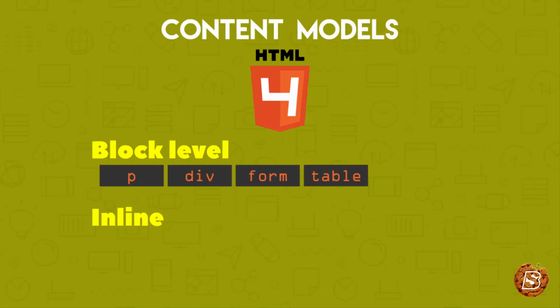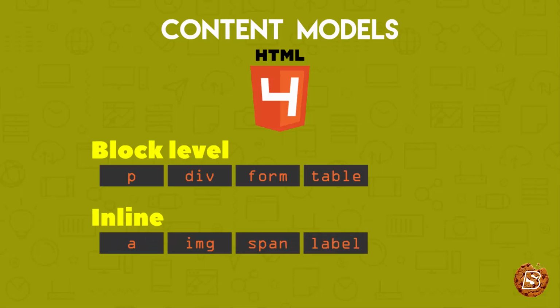These elements were called block level elements because they had their own row when a document was created. Next we had inline elements. Now inline elements were anchor tag, span, label, because these were used within the block level elements and they were not rendered on a new line. Rather, they were used inside block level elements and they used to adjust themselves within the space taken by the